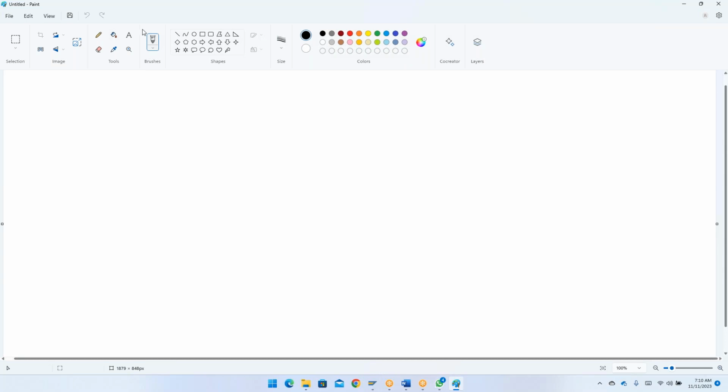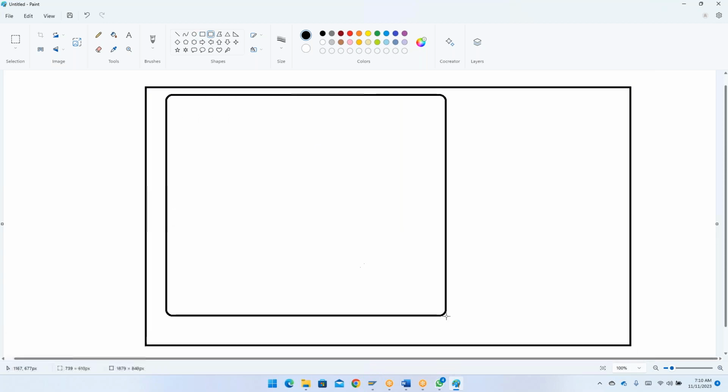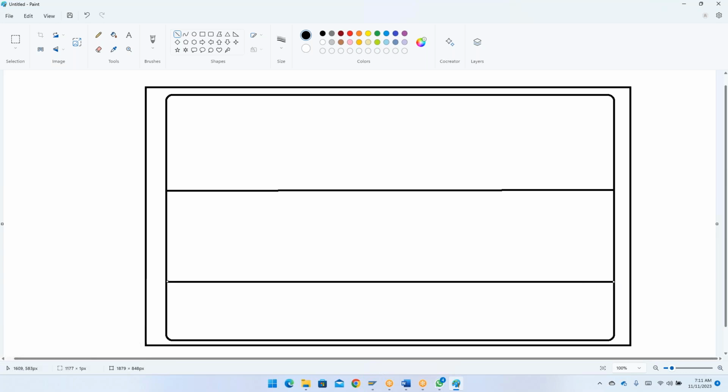So I have a screen like this. In this screen, I will go ahead and create a container. This is my container, and in this one you can split how many columns you want, or how many rows you want. Like this, we can split our container, and we can display the data in each of your